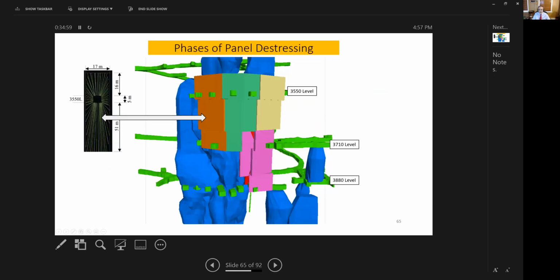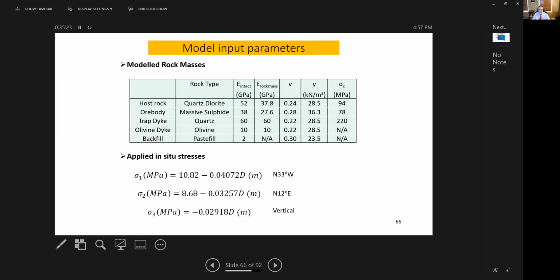body. And each one of these would be in the form of a panel of this shape that you see on the left here, with a fanning drill pattern, 2 rows, and completely blasted. This would be called phase 1, followed by phase 2, phase 3, phase 4, to follow the mine plan. So these are the geomechanical properties of the rock mass.